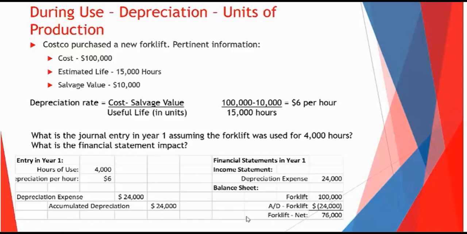So in theory, I look at this one, this probably is more accurate than straight line, right? Yet you said 95% of companies use straight line. Any thought why that is? I think what the companies would say is that when we do this, we have to get one more input every single year, versus straight line, which they just set up in a lot of their fixed asset systems and it runs automatically.